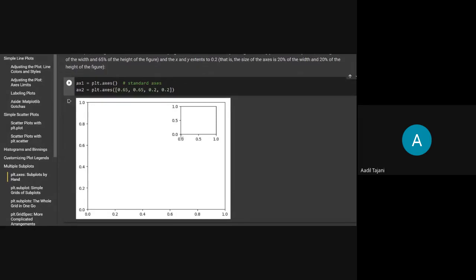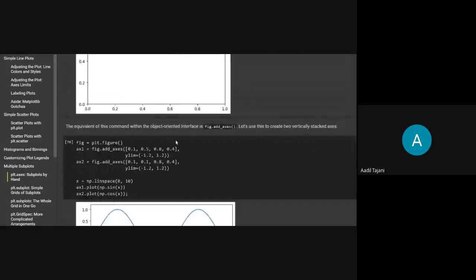As you can see here, from the starting point, it has taken the x-axis a further 0.2 units, and the same goes for the y-axis. So this is how you create multiple subplots by hand. Here you can mention the starting point, and you can mention how much further you want to take it.